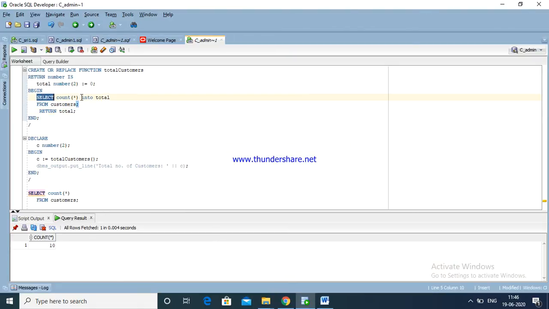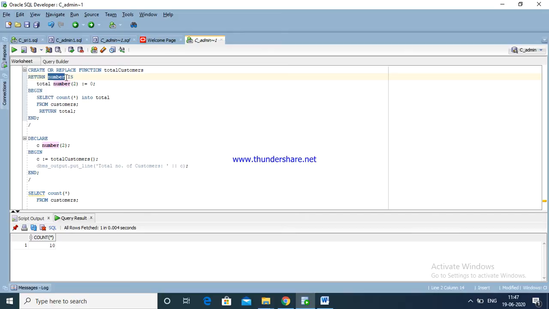Here select count star into total, that is the input and output. Here we are returning the same. This is the function declaration: create or replace function total customers, return number.